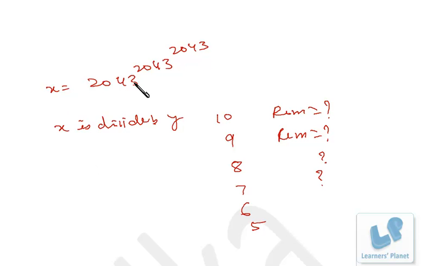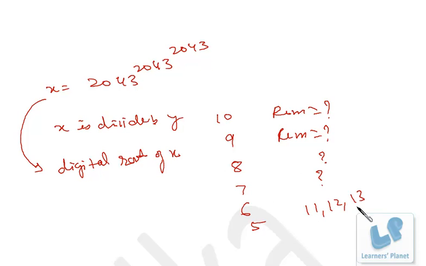One more question. If x is expanded, what is the digital root? Find out the digital root of x. Of course, you can find out the remainder from say 11, 12 and 13, maybe from 15, right? So if you are conceptually clear, you'll be able to find out the remainder in all these cases: 5, 6, 7, 8, 9, 10, 11, 12, 13, 14, in fact, and 15. Just try to do that. And of course, you should find out the digital root of x as well.